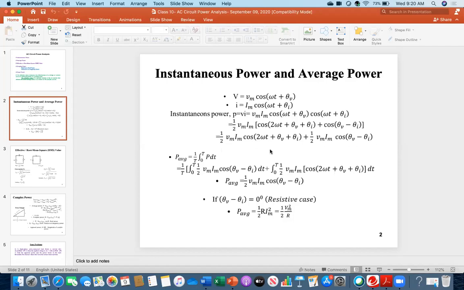So therefore, AC power is not always expressed in terms of instantaneous power because it is difficult. Theoretically, it is the correct form, but we cannot always deal with this one. That's why we have to make the average power, the average of it. Let me take you to the board, what I'm saying.